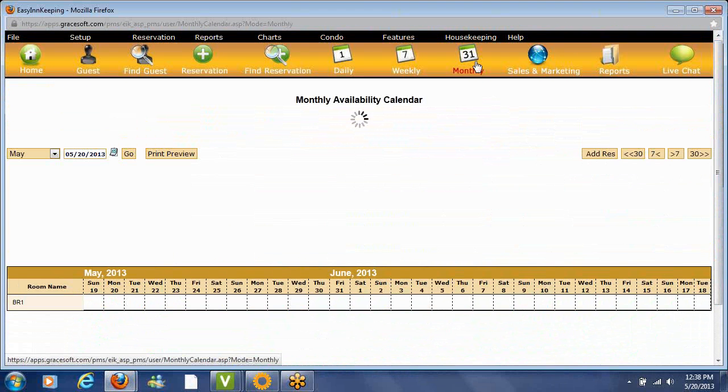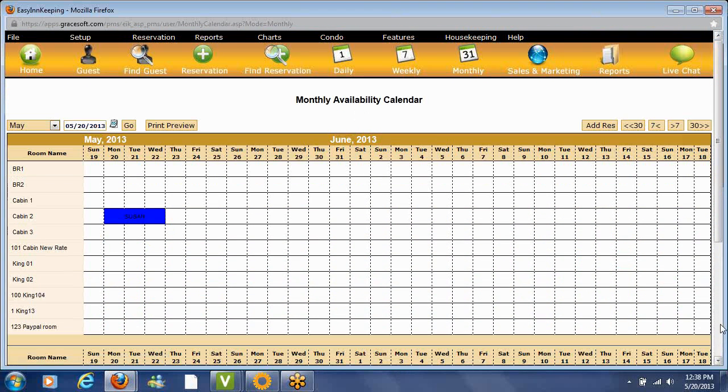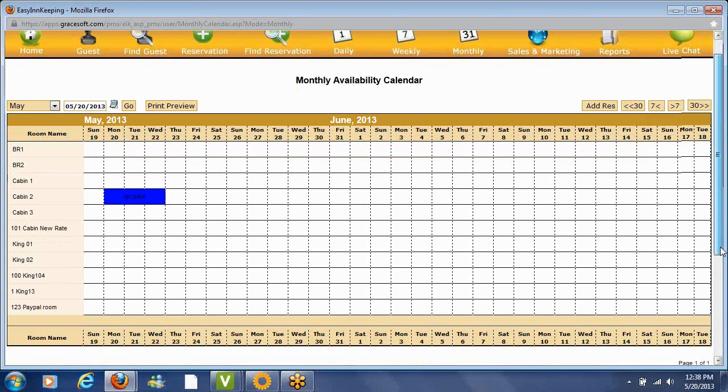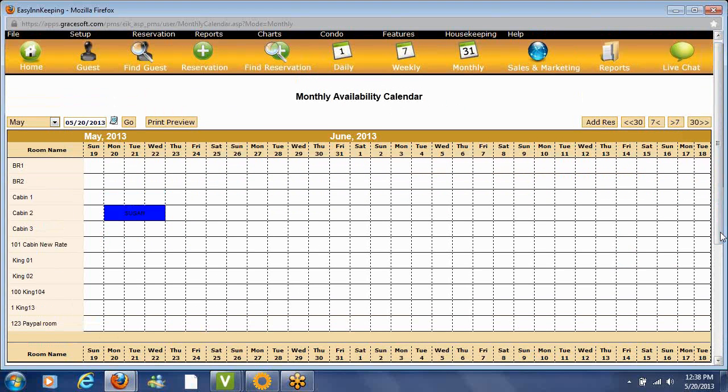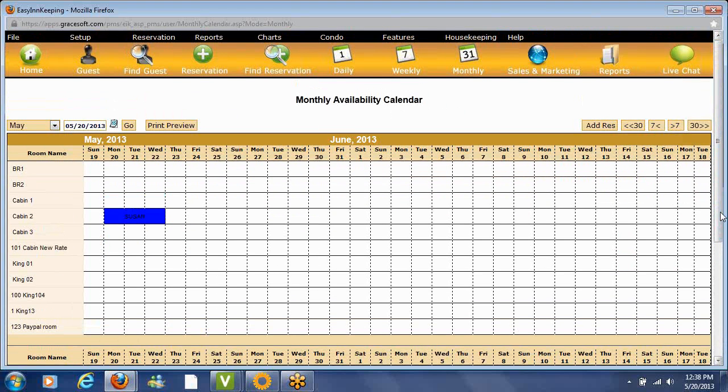Then the monthly calendar. Again, it's pretty much a repeat of the other ones, just that it's showing 30 days at a time. So that pretty much finishes all the icons that have to do with guests and reservations. And we'll probably come back another time and review these other sections that get into reporting sales